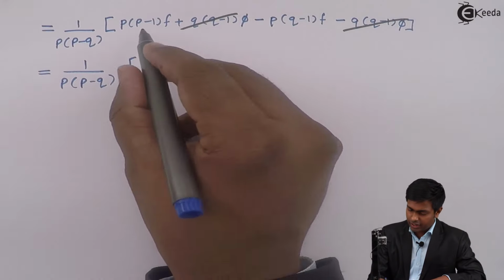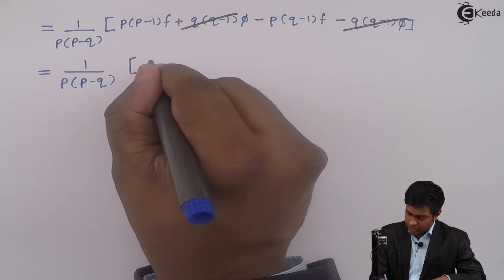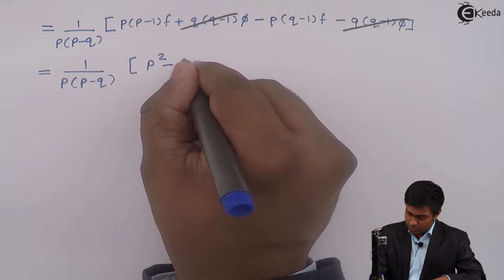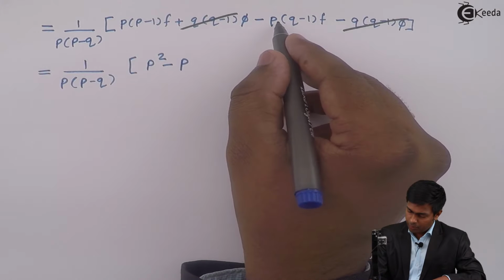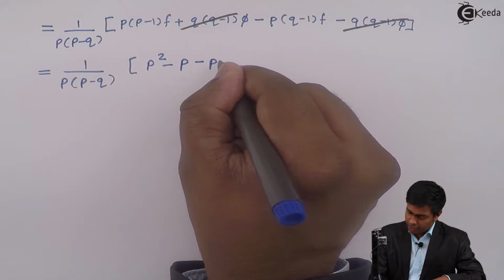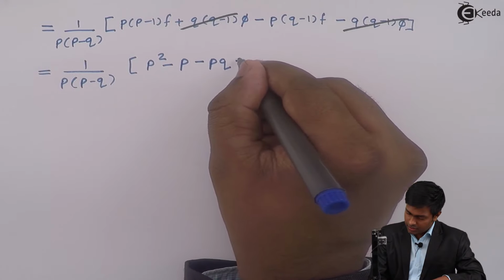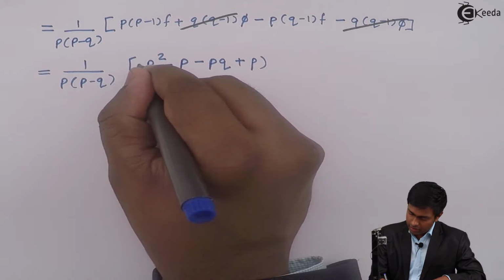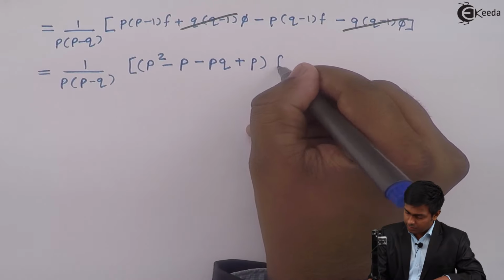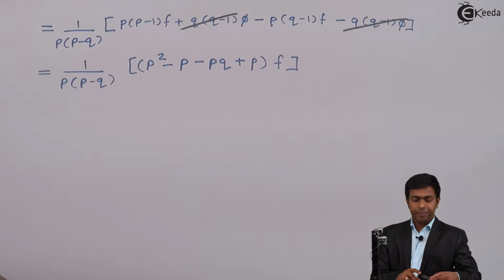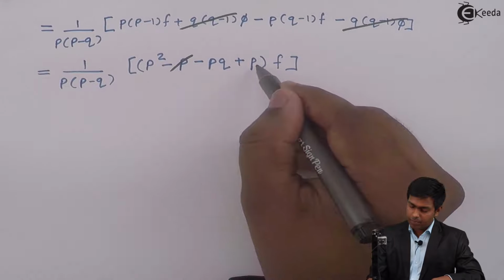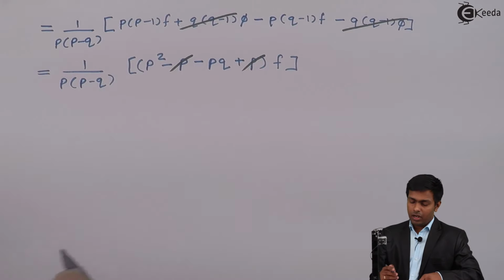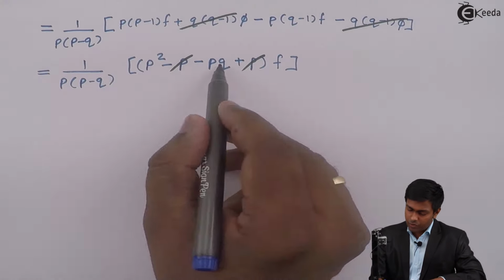In the bracket we will get, this is p square minus p, and from here we will get minus pq plus p, and the f is common. Now again we can cancel this plus p and minus p,